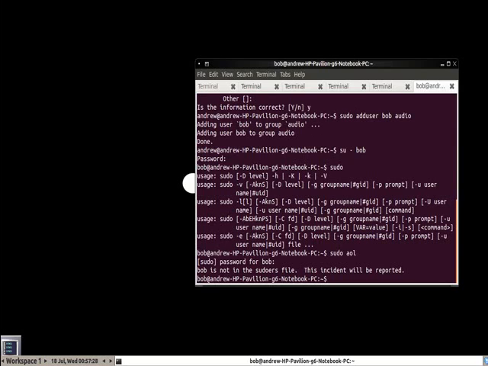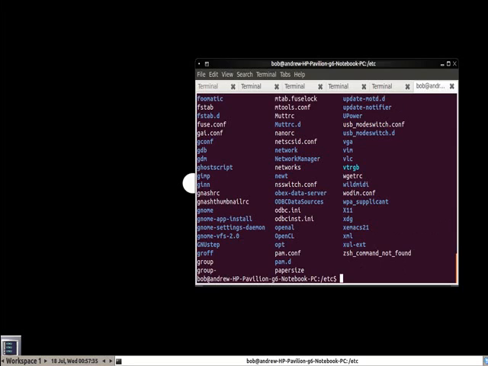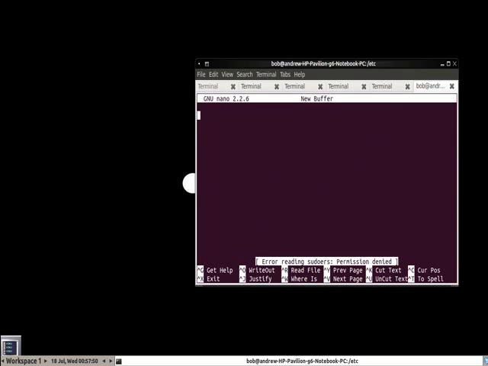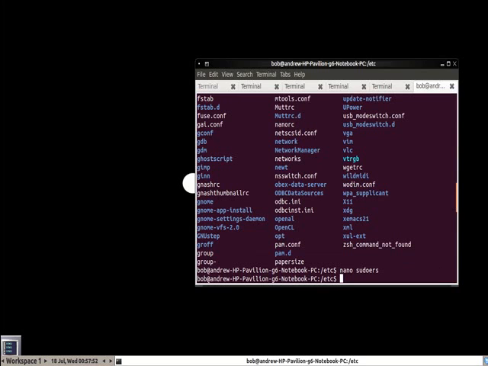Well, technically, he can look at it from here. What is it called? Sudoers. He can't even look at it. He can go into this folder, but he can't do anything with it. So anyway,